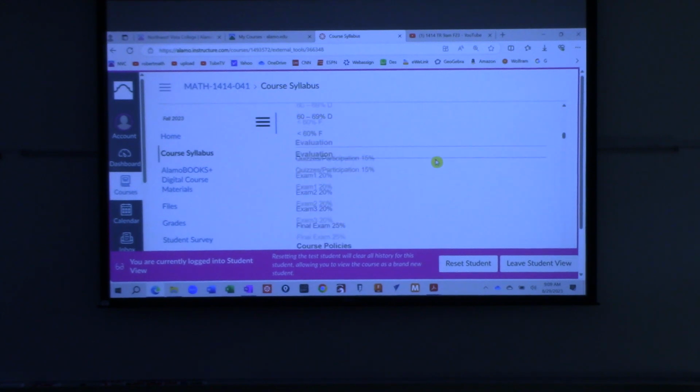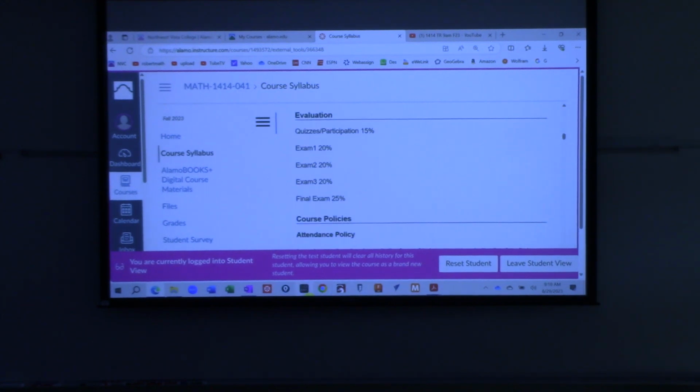Now, how is your grade determined? This is the part that most students are most interested in. And y'all are probably not going to be happy about this. Most of my students are not. But this is a college level STEM class, right? So all of you here are moving on to do more math, right? Yes? You need to be in the right place. There was an orientation for this class, right? You were supposed to go. They were supposed to tell you whether or not you're in the right place.